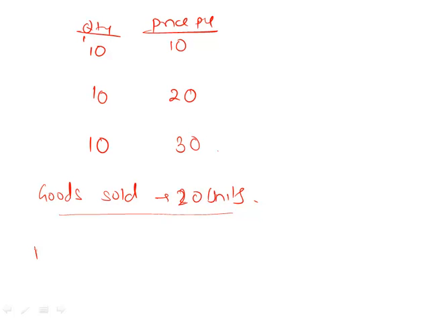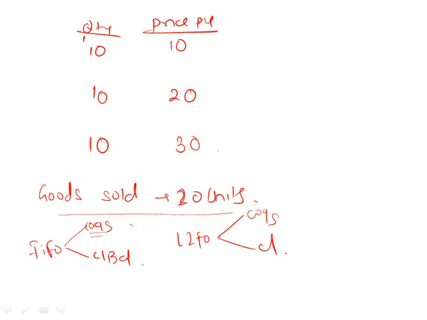If the method of inventory valuation is FIFO, and then if it is LIFO, let's calculate COGS and closing balance. Manoj, can you tell me what would be the FIFO COGS? No, we just want COGS. We have sold 20 units. FIFO means which ones are sold? This one and this one. So how much is it? This is 100 rupees, this is 200 rupees. So COGS is 300. What is left in inventory? The last one, 10 units, which is